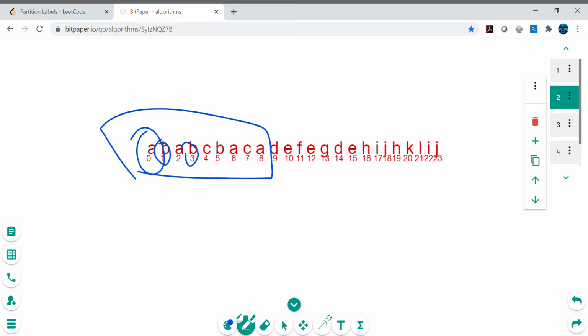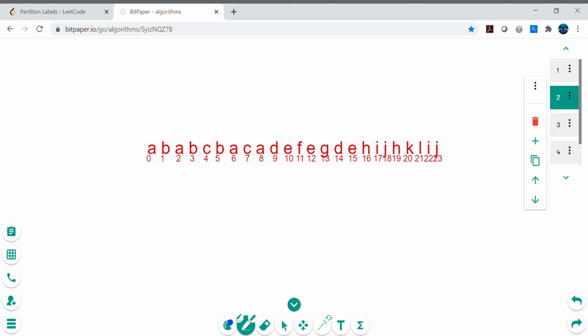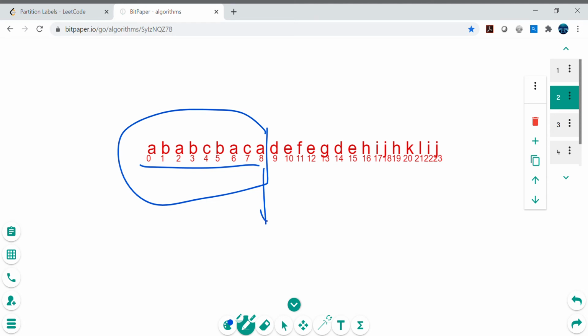Now let's quickly jump to the solution part, like how we are going to solve this problem. So one thing is clear: once we are determining the length of the partition, we need to keep track of the index somewhere, right? All these indices. Why? Because based on the index we can easily subtract the previous index from the current index. We can easily find the length, right? That is one reason to have the index.